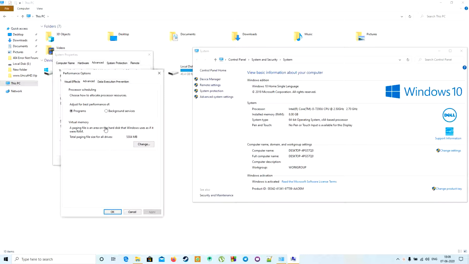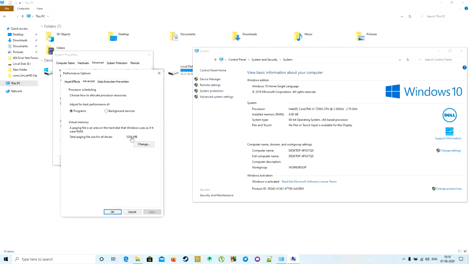Now first let us understand what is virtual memory. In simple words, virtual memory is a memory which acts as random access memory, that is RAM, when the full RAM which is installed in your PC or laptop is occupied. So what we are trying to do here is increase the value of the virtual memory so that we can get more RAM out of it. With virtual memory, a system can load larger programs or multiple programs running at the same time, allowing each to operate as if it has infinite memory and without having to purchase more RAM.